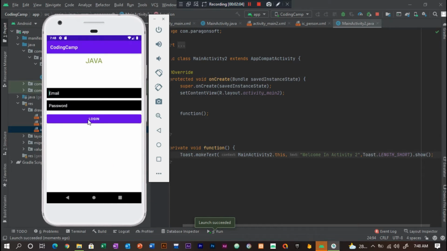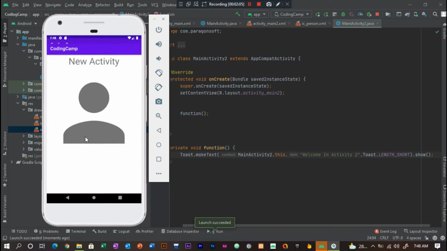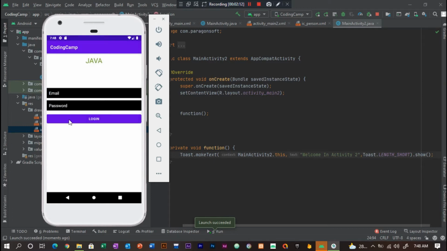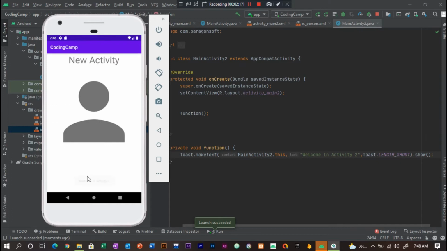Now if we click on the login button, you can see here the toast message welcome to activity2. If we go back and click on the login button again, you can see it here at the bottom, welcome in activity2. It's a toast message, how to make a function and show a toast message in the backend coding.